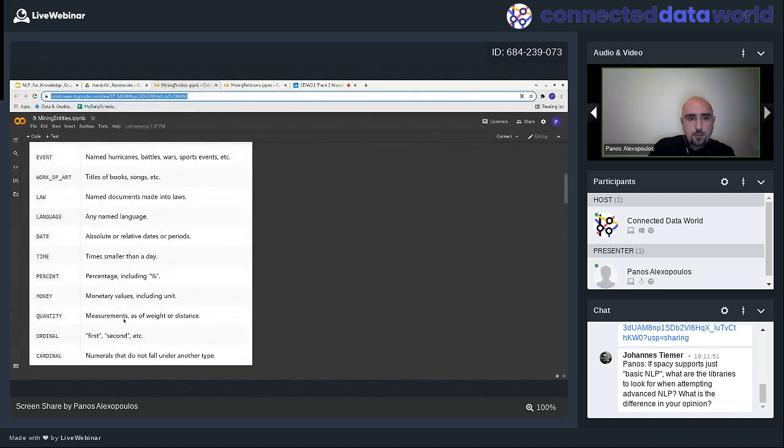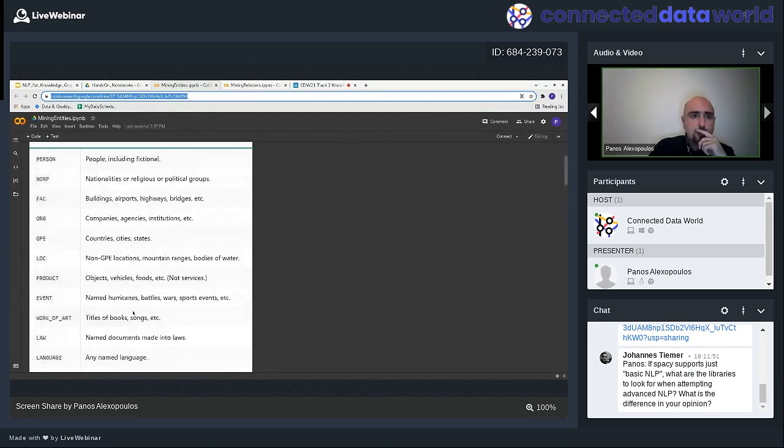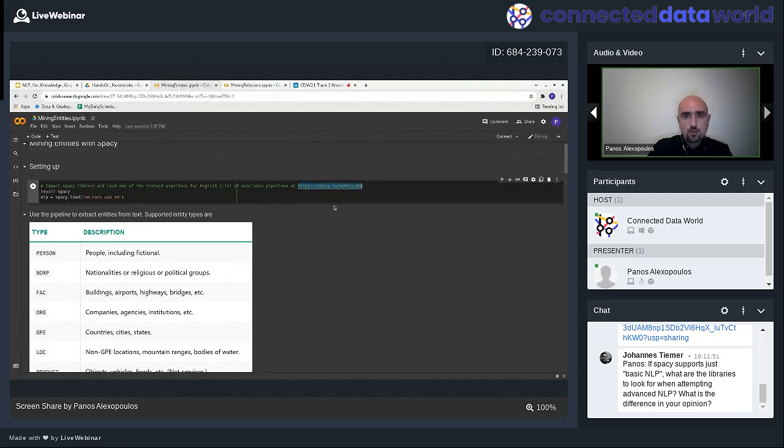So when we just install Spacy, we immediately get the functionality that, in theory at least, allows us to detect this kind of entities in the text. Its usage is quite simple. All we need to do is import Spacy. Of course, we're in Colab here, so Spacy is already installed in the environment, so we just import it. And then we need to load the model, by giving the name of the model. I have a link here that you can follow,